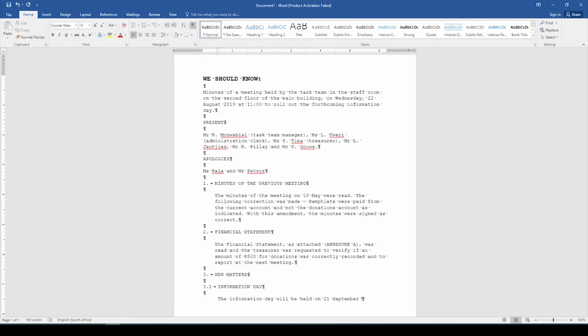Okay, and we see 2018 is typed there, but it's scratched out. It means we must delete it, and there's an insert symbol as well. What we need to insert is 2019. Again the